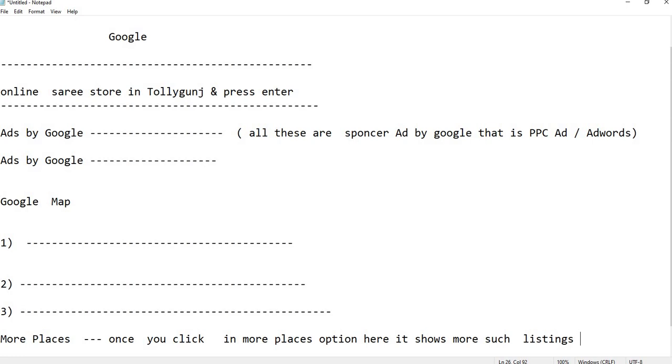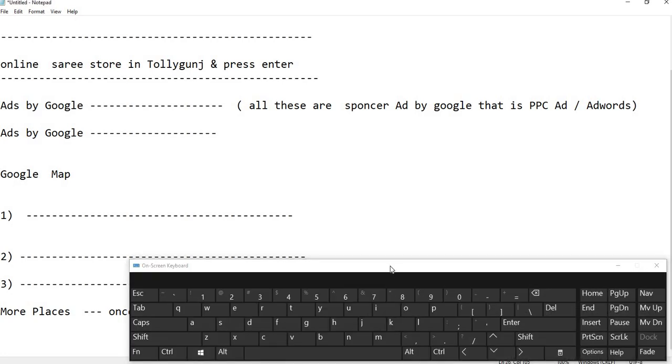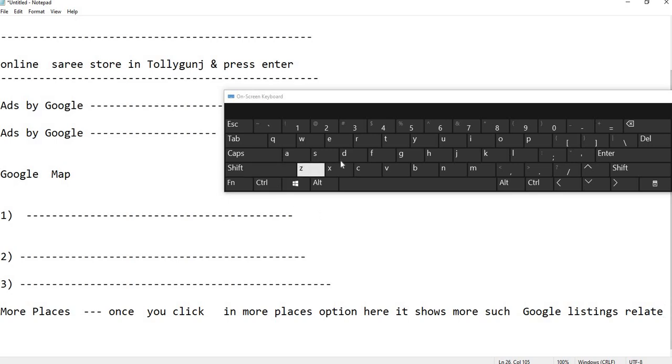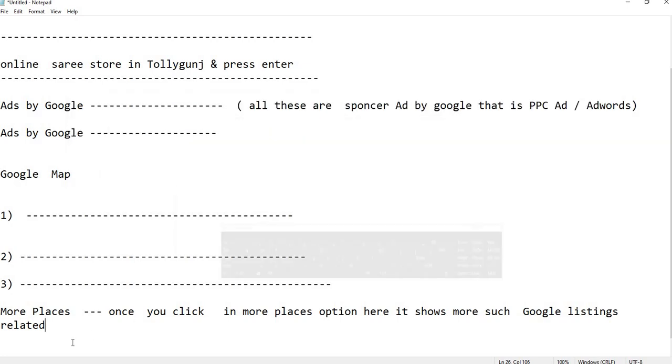So once you click on the more places option, here it shows more such Google listings related to your search term.